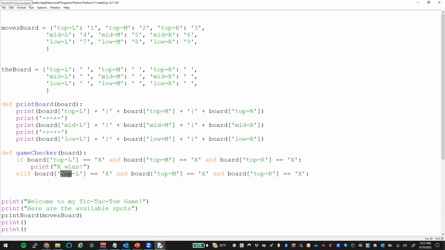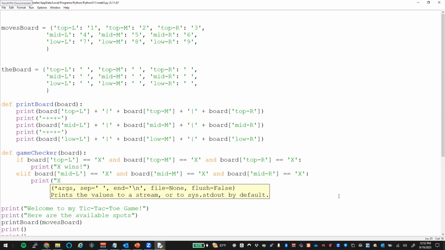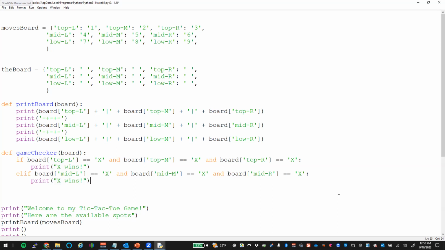So this would now become mid. Then we're also going to print X wins. And then for the low,